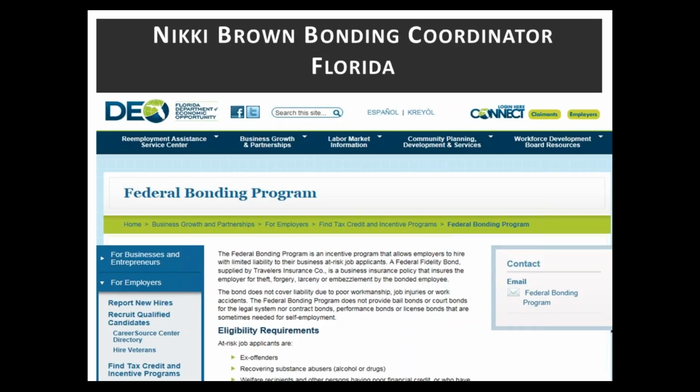And then the icing on the cake is, for it to be as good of an incentive as it is, and to not have this humongous stack of state paperwork, that just makes it all the more appealing. So the experience that employers have had with the program since I've been coordinating it has been a good experience for them. I haven't experienced an employer filing a claim thus far, and so it's a very successful program,